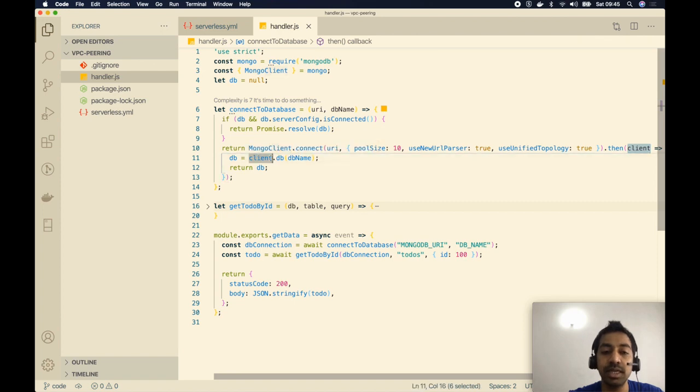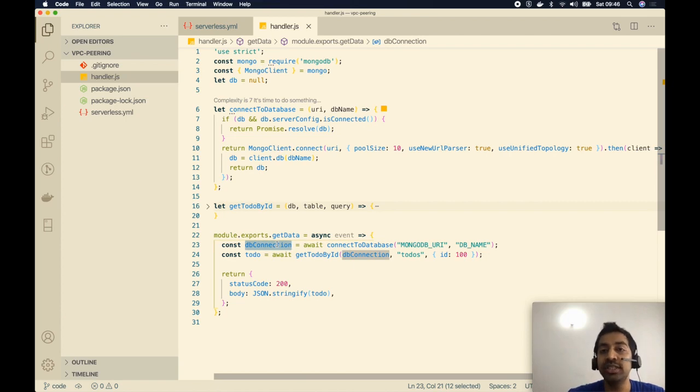In the DB client we have the db attribute, and then we are getting a connection to the database name in this database cluster, the one that we are passing in, and finally we are going to return that DB connection. So when we await this function, we will get a DB connection, either the cached one or the new one.